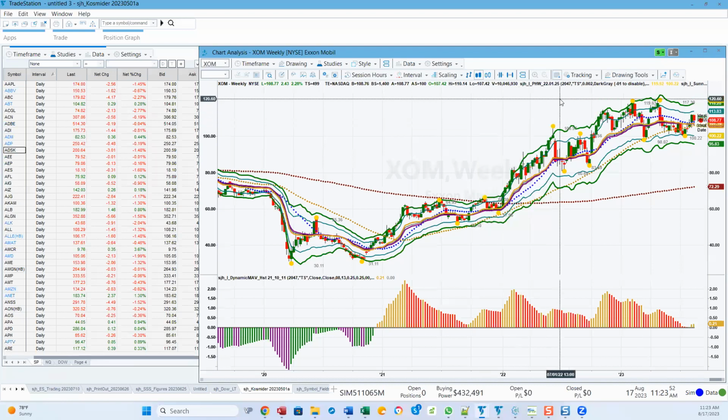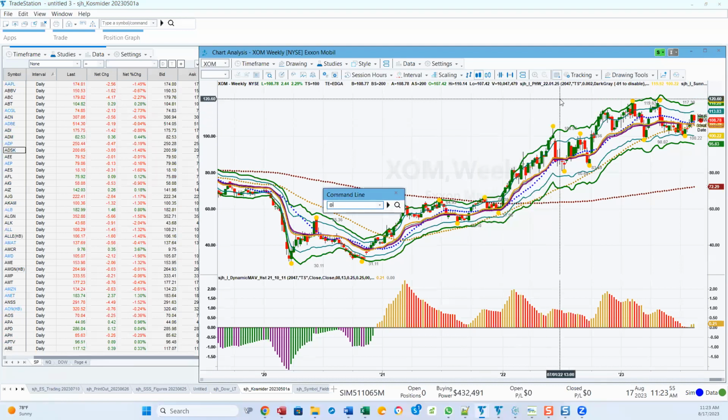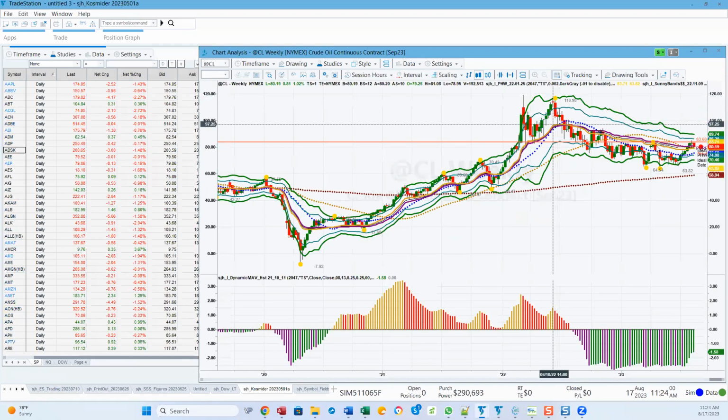Oil, let's look at oil just a second before we talk about Exxon. So see how much that looks like Exxon? We're up to the 2022 June high, and then we've been down ever since. But now we're moving up on oil and it's above the flat DMA and testing it right here. Again, this is a weekly chart, but it has moved up above the DMA and is stumbling right at this